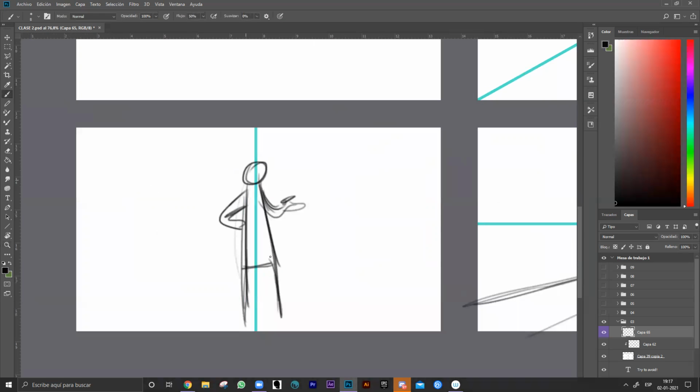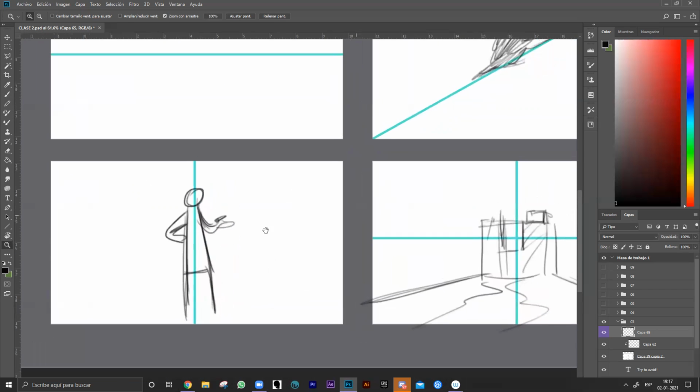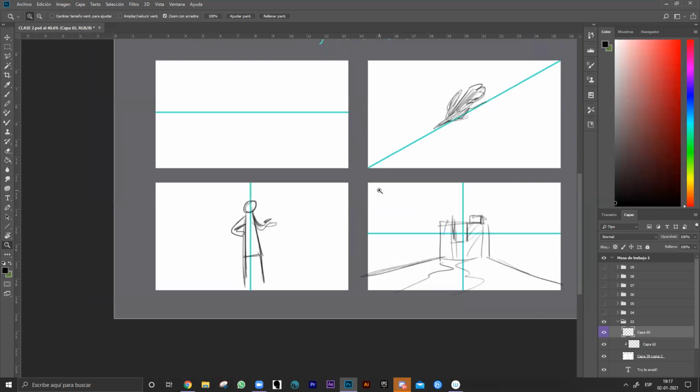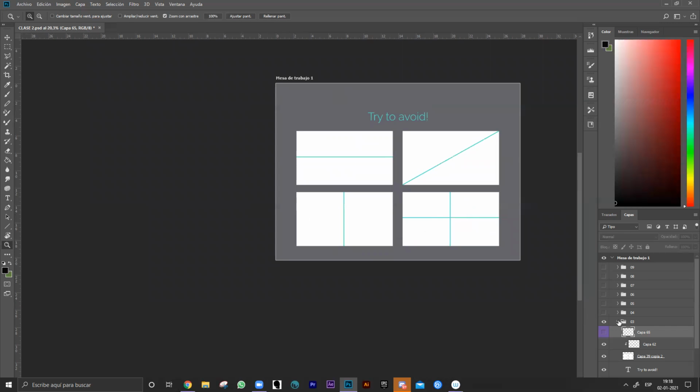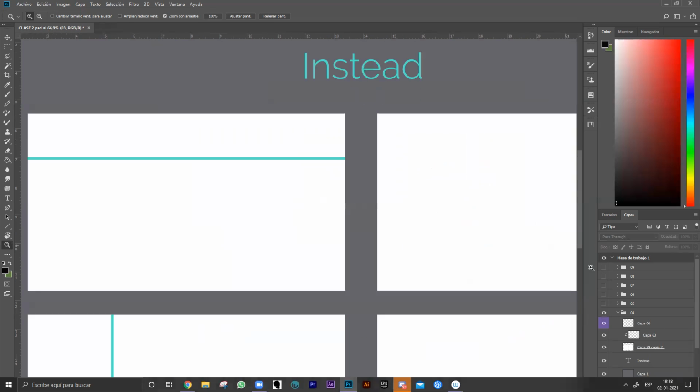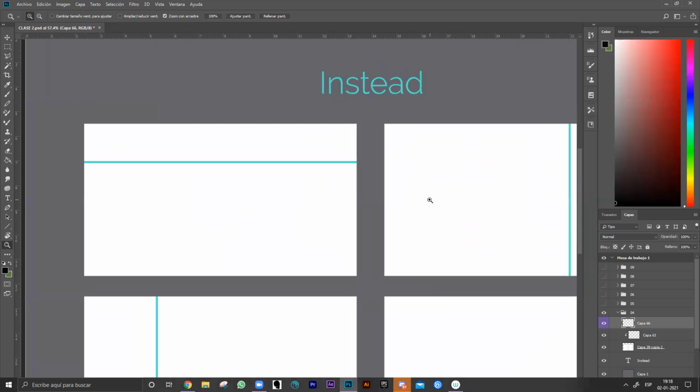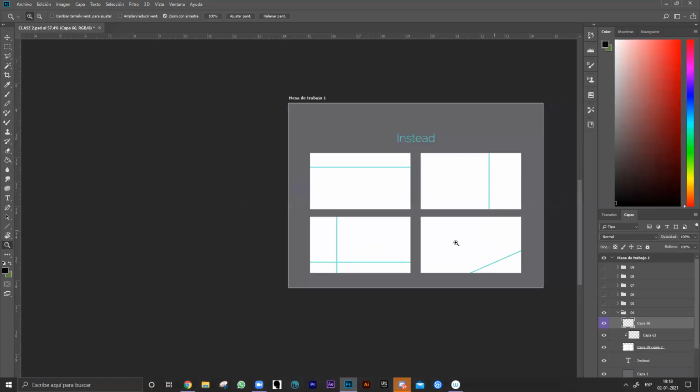We have a full shot of his body, but what is usually more interesting to the eye is to see differences, not to see everything to be stable. So we are going to try to avoid this,